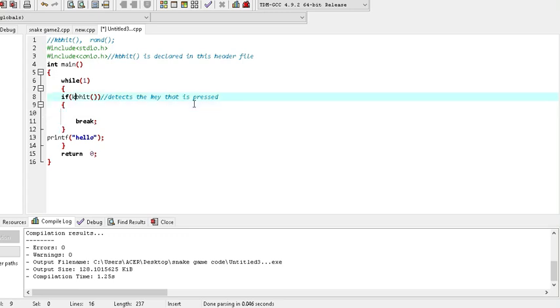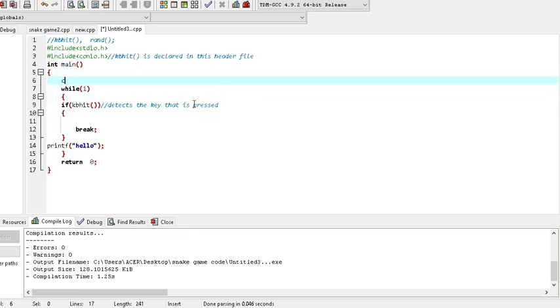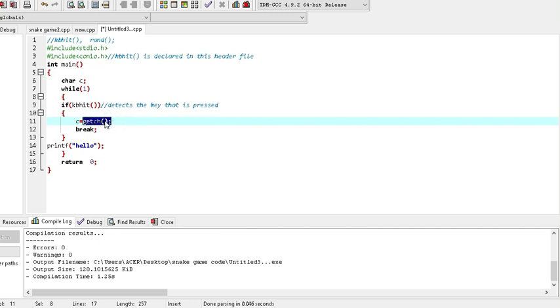For that, I first declare a variable named c, and assign it the value of getch. What the getch function does is it fetches the key and stores its value in this variable c. This variable c is a character, so you must press a character key, that is, any alphabet key.